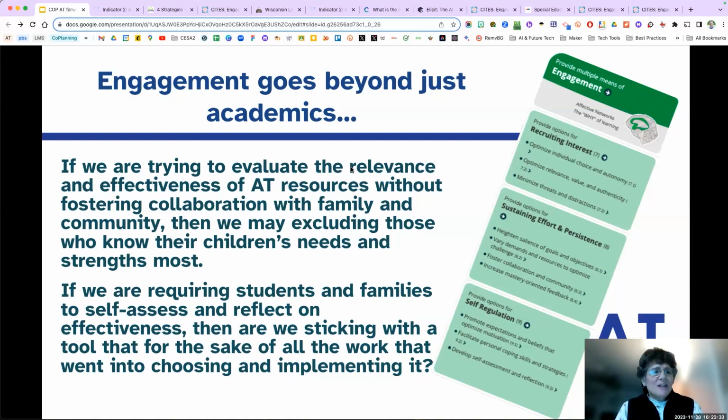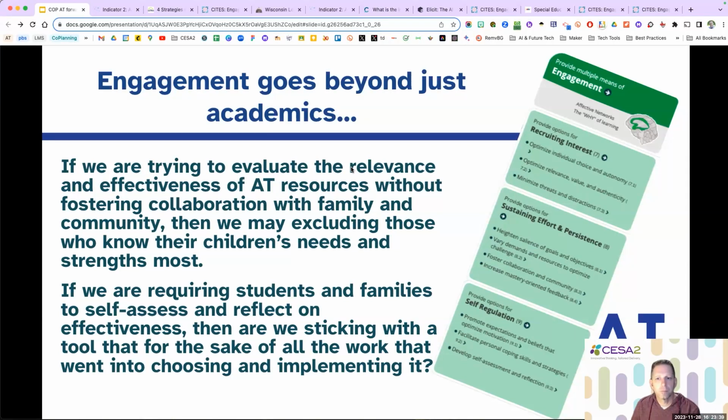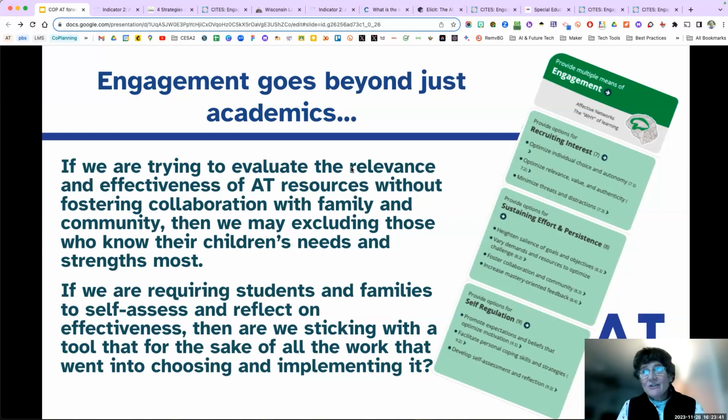Absolutely. Oftentimes something we forget about is the cultural aspects of things. Different cultures have different expectations, or I don't know even what you want to call it, but it's different in a home for using the technology. For a lot of my students who were English language learners, we had to make sure that things were dual languaged so that we could involve the family.